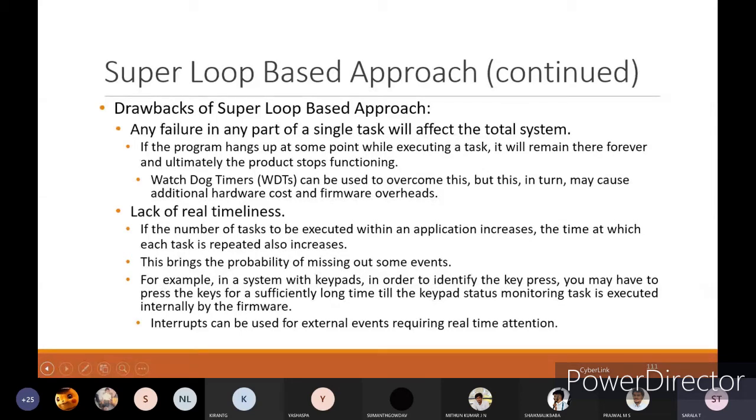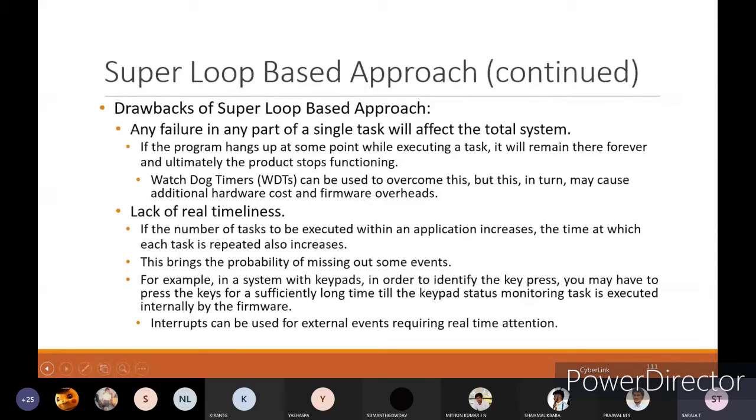But to implement that watchdog timer, it needs additional hardware implementation, and also it adds cost. Lack of timeliness: if the number of tasks to be executed within an application increases, the time at which each task is repeated also increases.